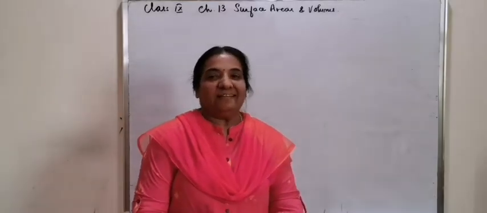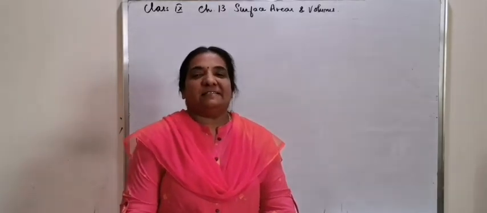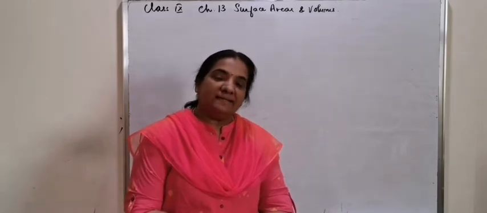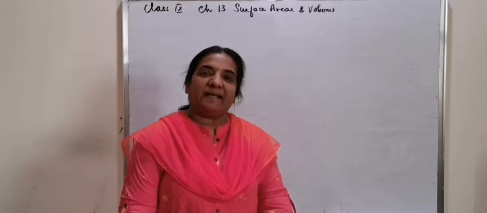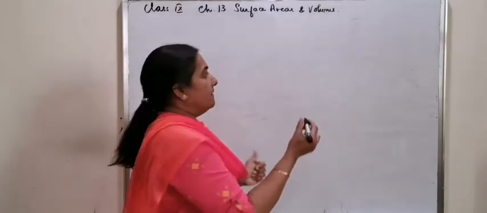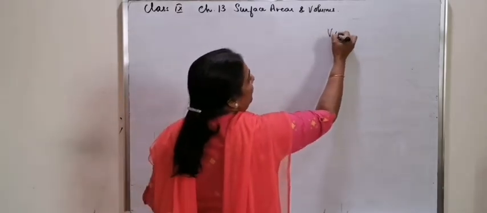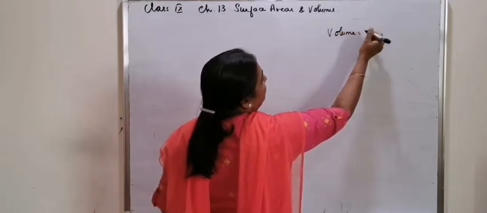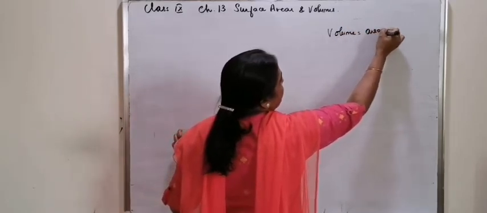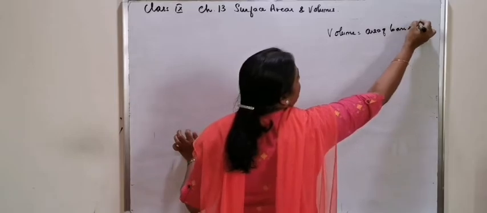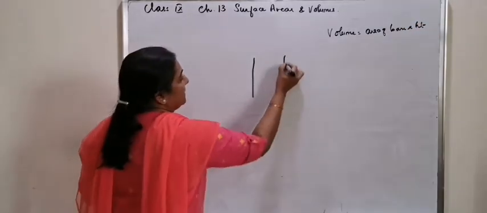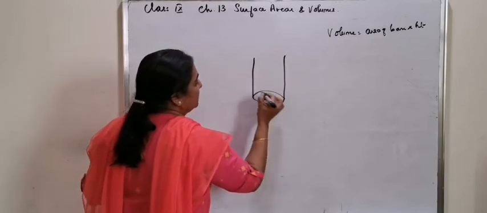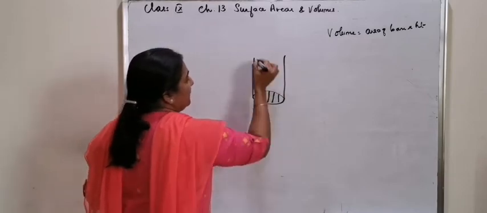Good morning, children. Today we will discuss the volume of a cylinder and a cone. The formulas for the volume of a cylinder and cone. Volume: the basic concept is area of base into height. A cylinder has a circular base and